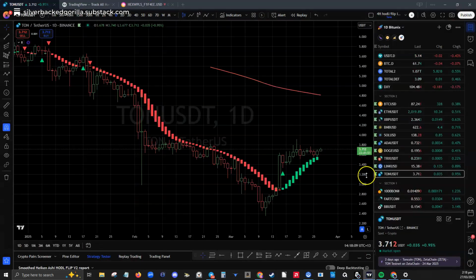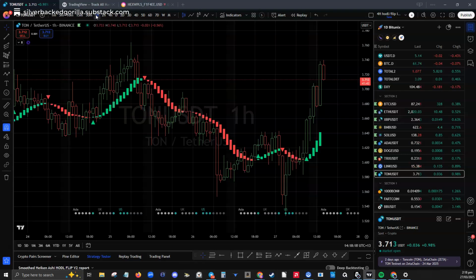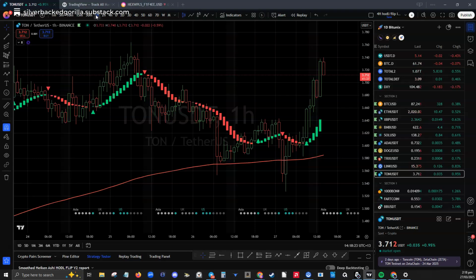But let me not go out of order. Let me just drop down. Now that we've seen these all have a green bias, when I go down to the 1 hour time frame, all I have to do, if you're trading spot in the smaller time frames, or intraday, or swing trading, spot or leverage, low or high leverage, doesn't matter, is respect the 1 day trend that I've just laid down. You can easily do that yourself.